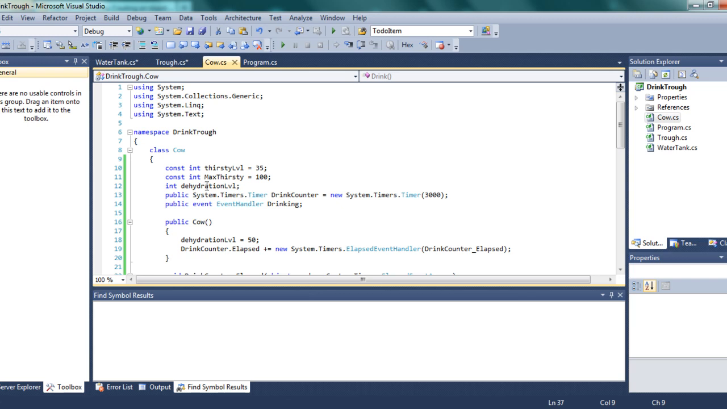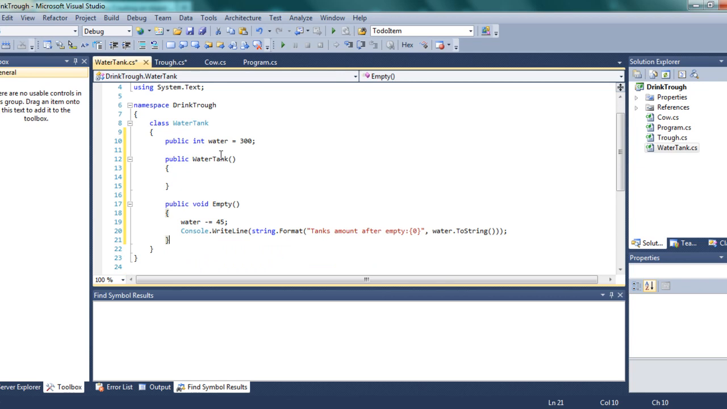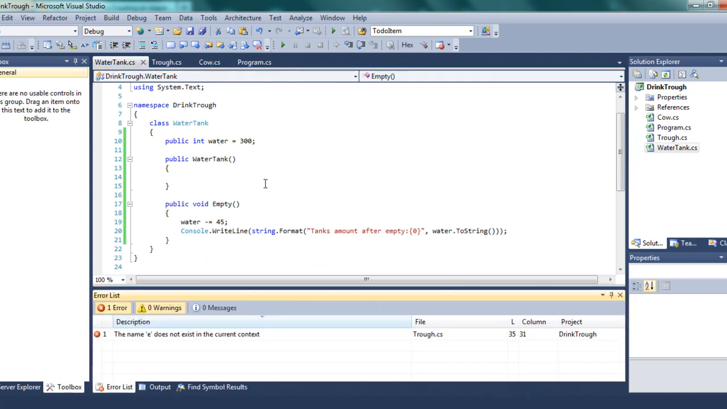Basically, the dehydration level didn't need to be public, but the water tank and the trough need to be public so that we can run conditions on them to ensure